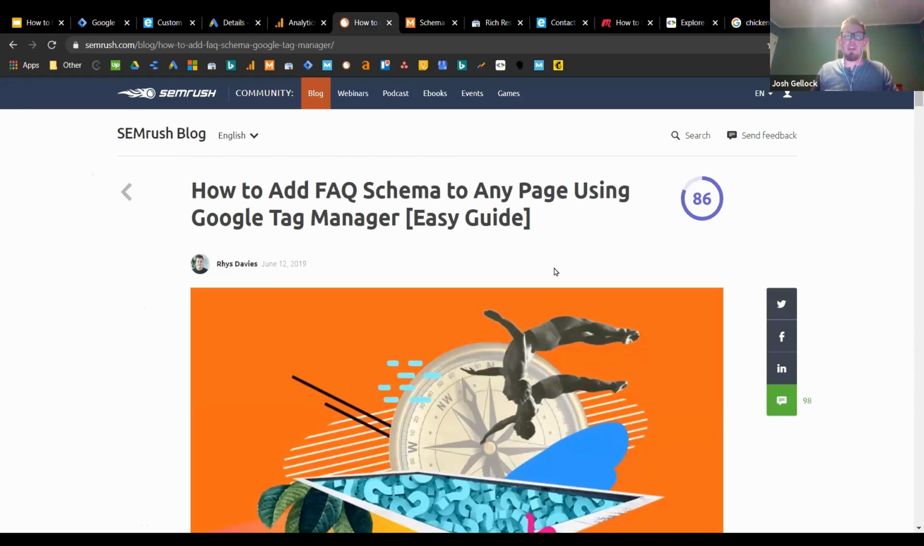I'll share this really quick. This came out last year, a case study and guide on how to add the FAQ schema or structured data. You'll see sometimes people use schema and structured data interchangeably. It's totally fine. Lots of people do it. But yeah, how to add the FAQ structured data to any page using Google Tag Manager, as a guide. And when this particular guide came out, it was kind of controversial at the time because Google had gone on the record